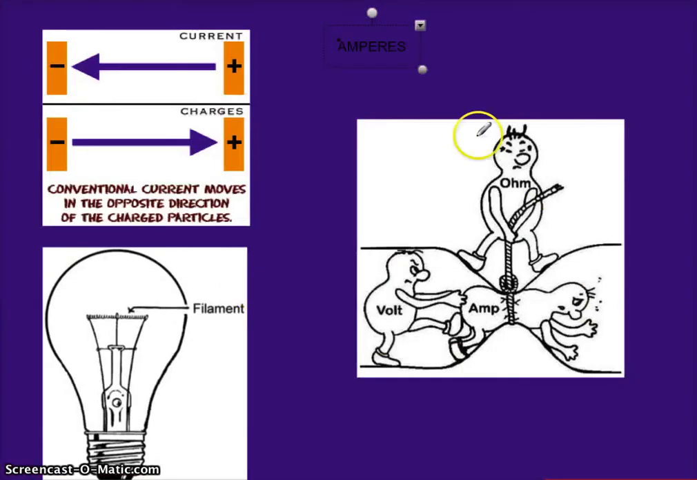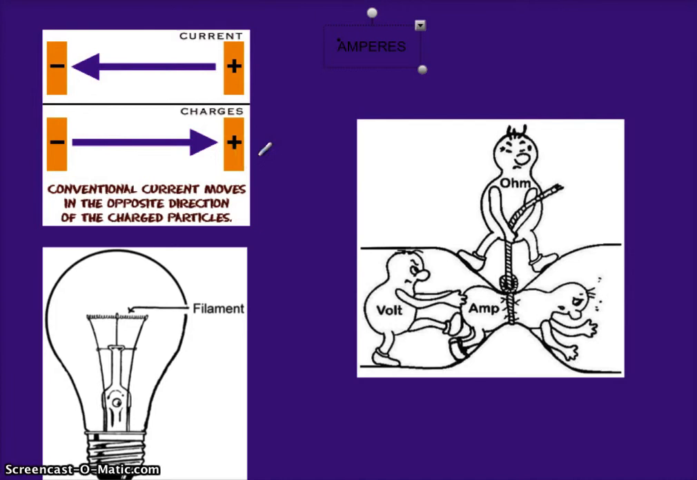Now you'll notice this kind of an interesting analogy right here. We'll get to that in just a second. Current always flows in the same direction. It flows where the negatives are going to the positive. But conventional current, that's a term in your book, moves in the opposite direction. So the current is technically said to be going from positive to negative, even though you actually have negative ions